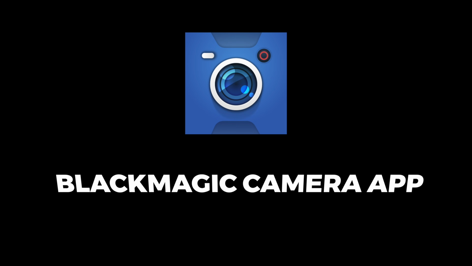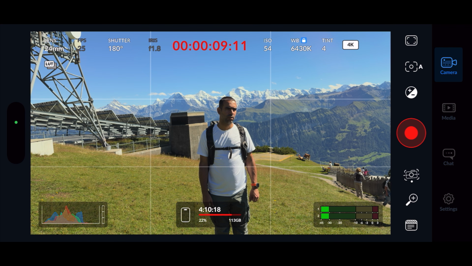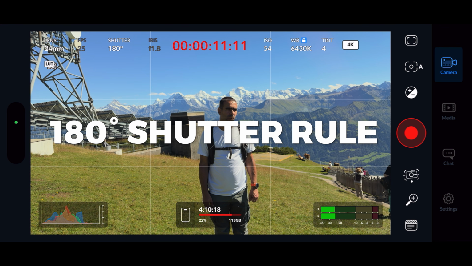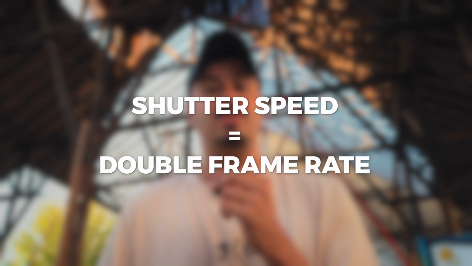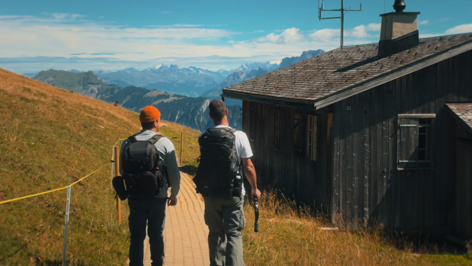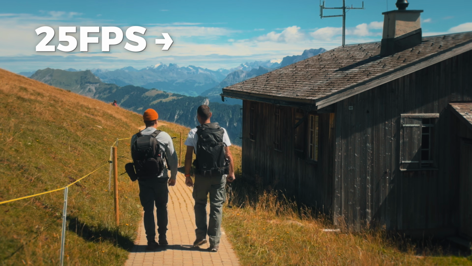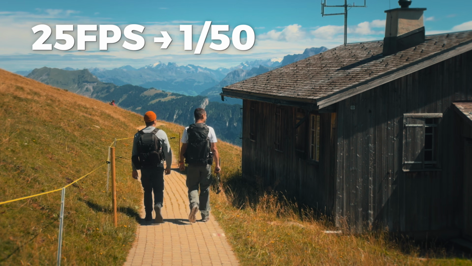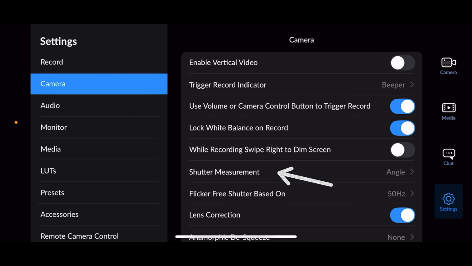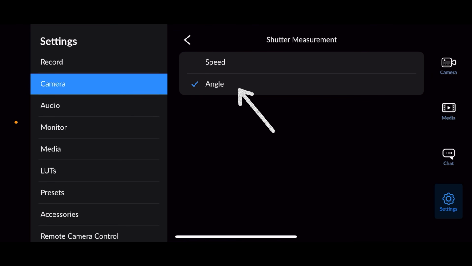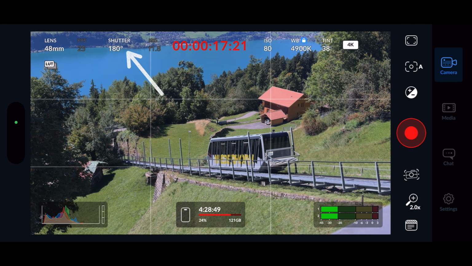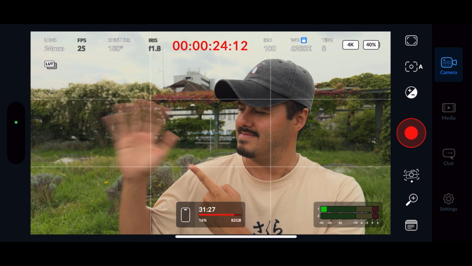Start by using the Blackmagic camera app. It's free and gives you full control over your camera. And then simply follow the 180-degree shutter rule. That means just set your shutter speed to double your frame rate. For example, if you're shooting at 25 frames per second, set your shutter speed to 1/50. And an easier way is just by switching to shutter angle inside the Blackmagic camera app and setting it to 180 degree. The correct shutter speed will then be calculated automatically no matter what frame rate you use to achieve